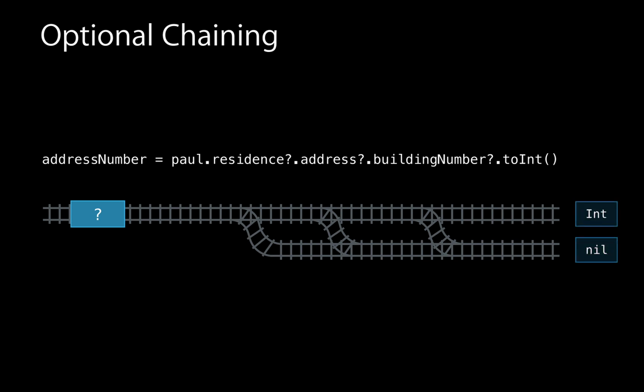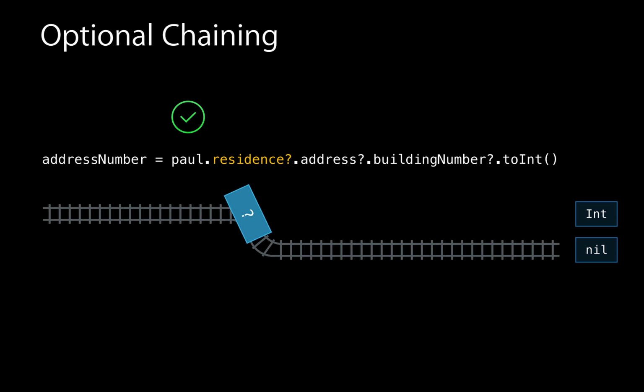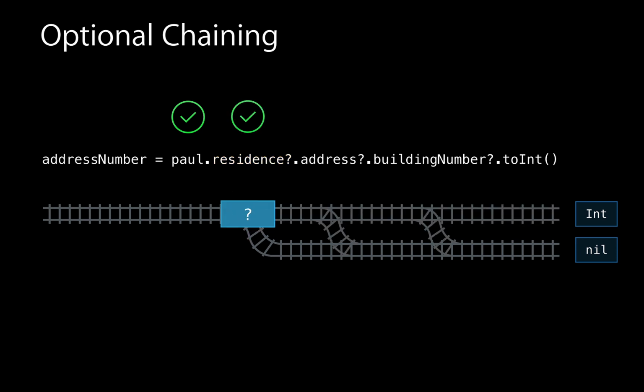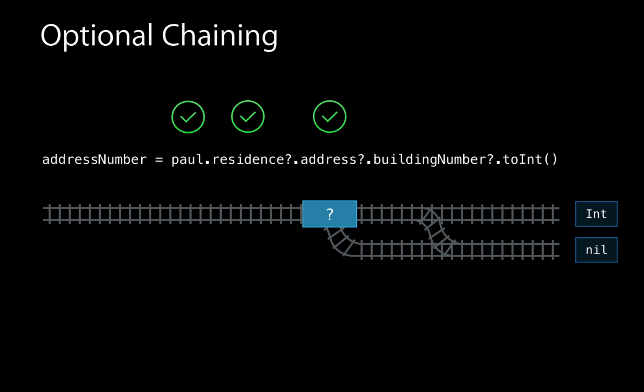So let's see what this looks like as we go through the expression. Well, Paul is non-optional, so that's obvious. We've set him. He's a valid instance. We can go to the first optional here in the chain expression, residence. Well, we know that we've set it as a residence, but if it were nil, we would actually just take the nil track and the entire expression would return nil. It's still of an optional type, but it simply returns nil, and the rest of the expression is ignored. But of course, we did set a residence, and we can do the same here along the path. And we can check every single optional in the chained expression to see whether or not it's valid. In this case, we've set an address, we've set a building number,